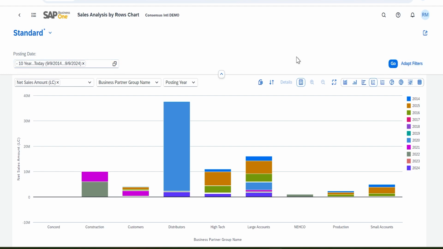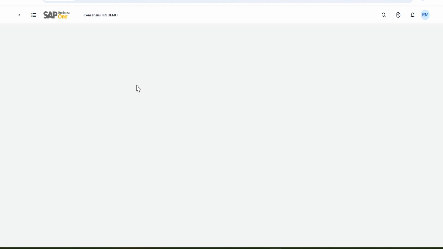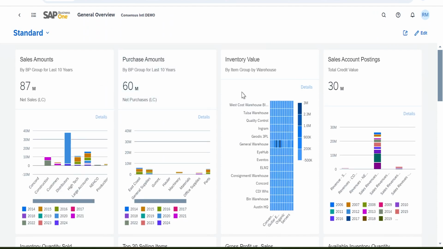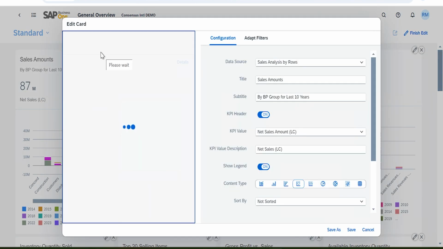And we can adopt filters and we can add more filters, but we cannot affect all the different components or all the different cars that are in the general overview. We can make changes to that general overview. For instance, if we hit edit, you can see here that we can click on any of our cards and